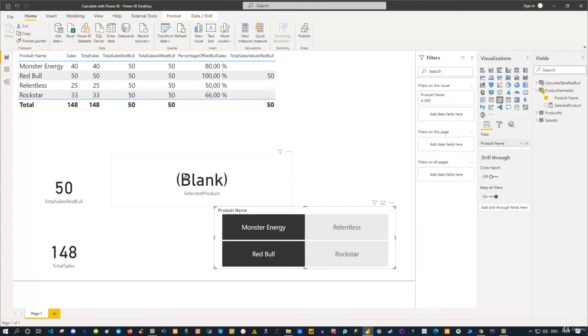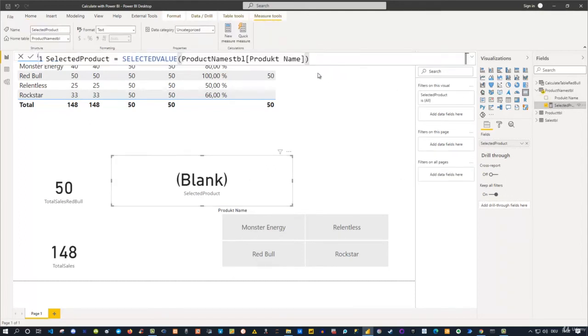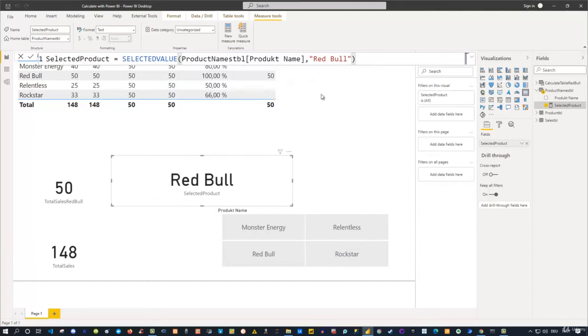If you don't want to see the blank, of course you can easily change this. Let me go back to Monster here, select this option, and go to our measure, this one, because remember there was an alternate result. So I could use a comma here, and as an alternate result, I can specify, for instance, Red Bull, if I want to use this as my default value. And now if I press enter for the formula,